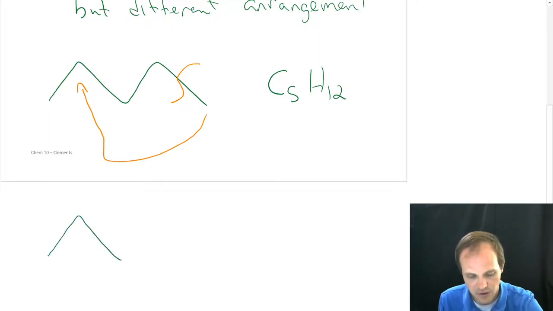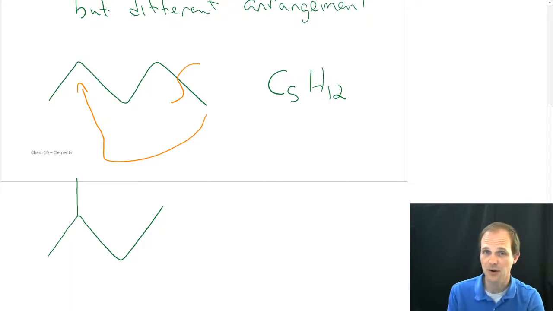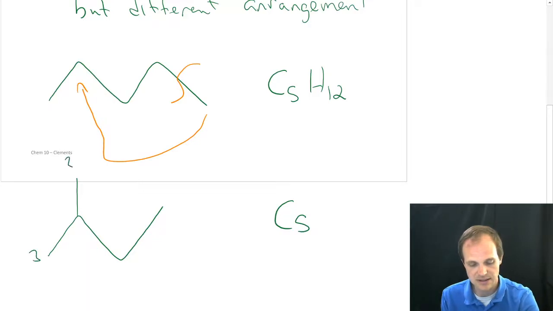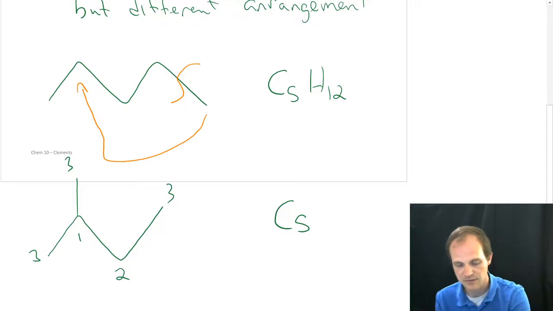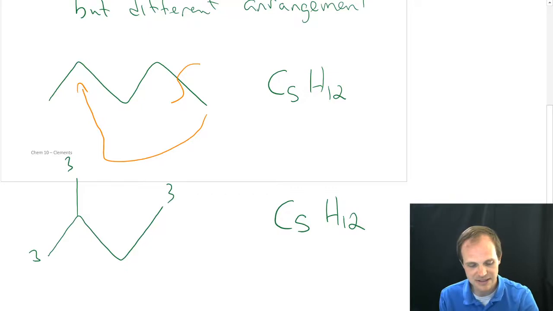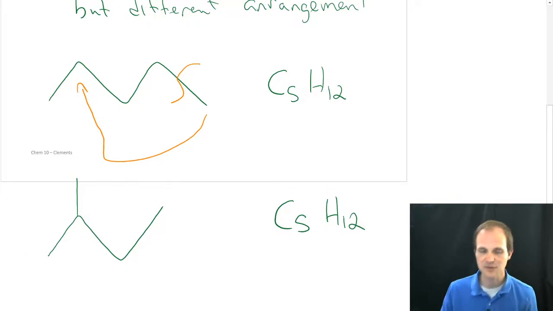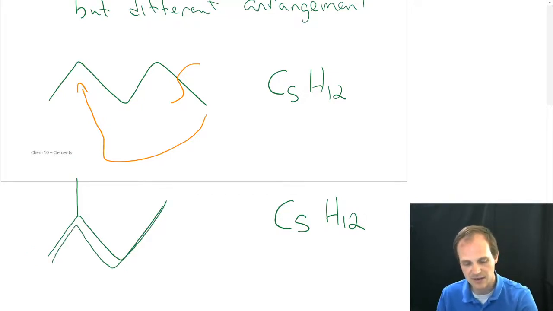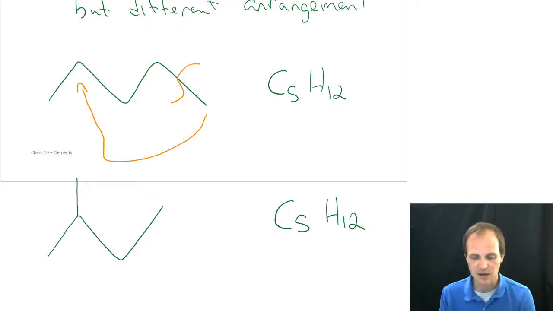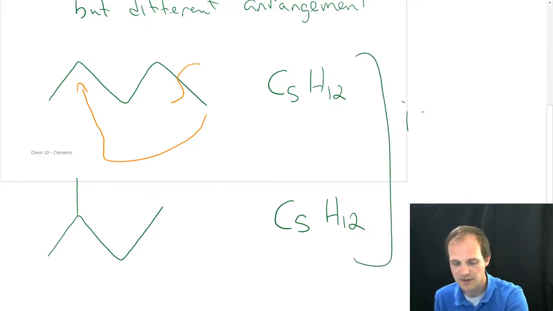I've got the 4 carbons that are left, and then I'm going to move that 1 carbon to be sticking up over here. We still have 5 carbons, and if you count 3, 6, 9, 10, 11, 12, you still have 12 hydrogens in there. Same formula, but definitely different connectivity, right? It's a different arrangement of things. The longest chain I have here is these 4 carbons in a row. There's no carbon chain of 5 anymore. And so this is what we call an isomer. These are isomers of each other